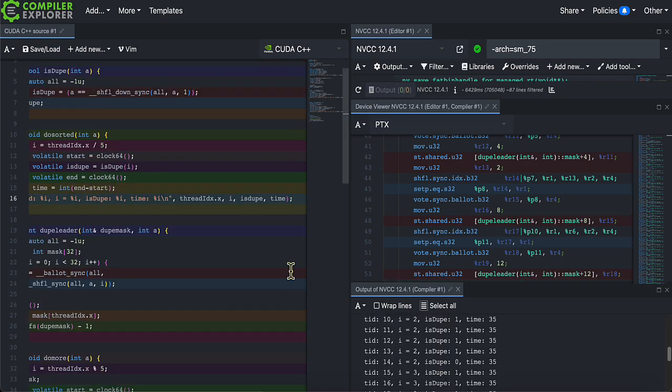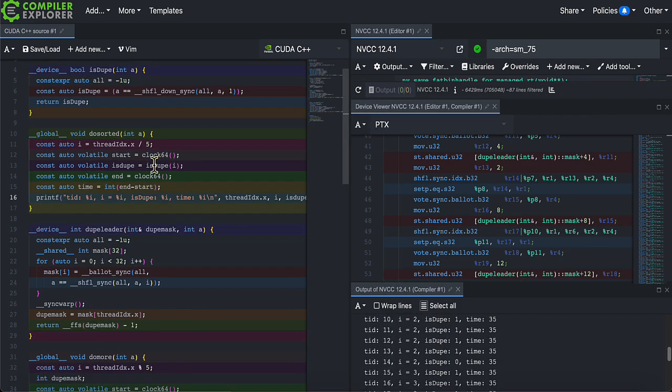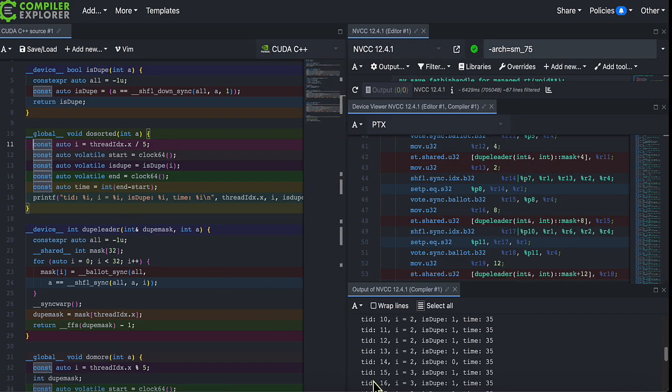Here the semantics change somewhat because we are no longer interested in an exact map of where the duplicates are. We already know that the data is sorted, so we will know that if we are a duplicate, our duplicate mirror will be in front of us. So there's no need to create a mask. We can simply keep those that are not duplicate.